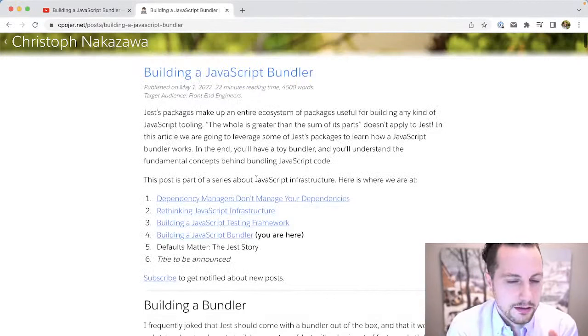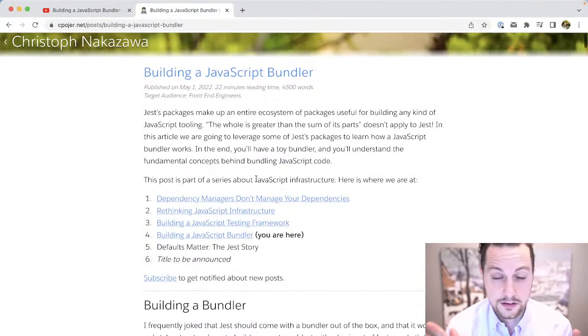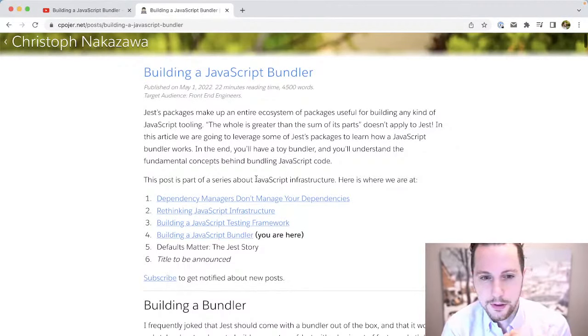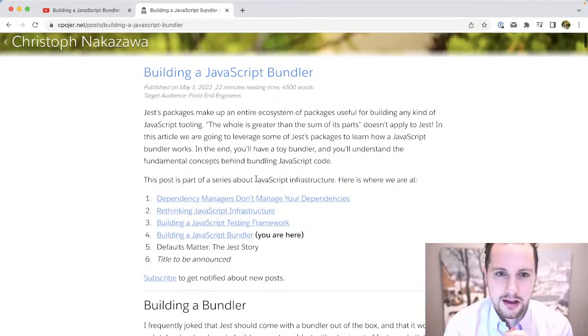The point that I'm making here is I don't actually think this is a viable idea at this point in time. I think 5 years ago we could have taken parts of Jest, made it a bundler, and turned it into a more holistic tool chain rather than just a testing framework. But that's not really what happened. There was very little interest in it. At the same time, those core packages of Jest are really valuable. And then when we were working on Metro,